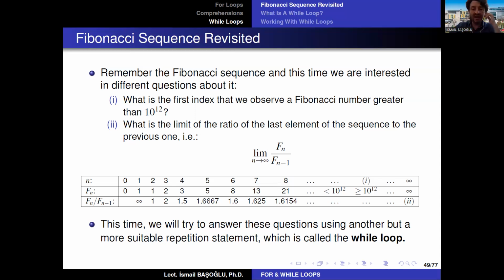Here I say, what is the first index at which we observe a Fibonacci number in the sequence that is greater than 10 to the power 12, okay? So here, this is my first question. The Fibonacci sequence is obviously increasing, because every value is the sum of the previous two values, and the previous two values are also positive. Therefore, a Fibonacci sequence is an increasing sequence, and at some point a number will pass 10